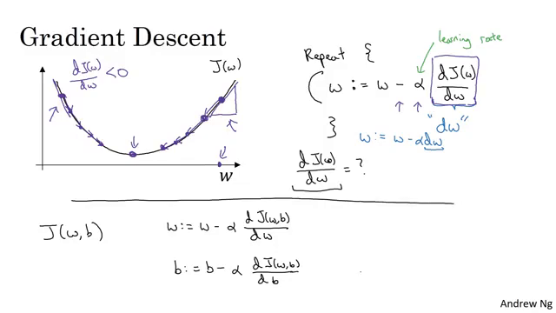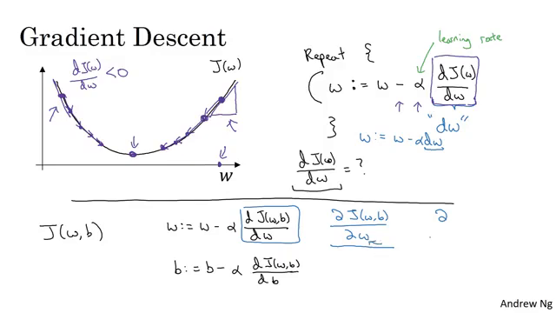As an aside, I just want to mention one notational convention in calculus that is a bit confusing to some people. I don't think it's super important that you understand calculus, but in case you see this, I want to make sure that you don't think too much of it, which is that in calculus, this term here, we actually write as follows with that funny squiggle symbol. So this symbol is actually just a lowercase d in a fancy, stylized font. But when you see this expression, all this means is this is the derivative of J(w,b), or really the slope of the function J(w,b), how much that function slopes in the w